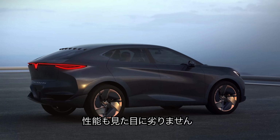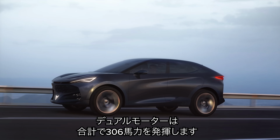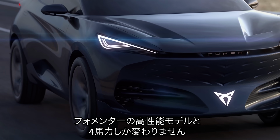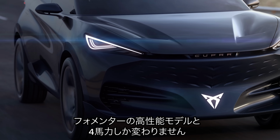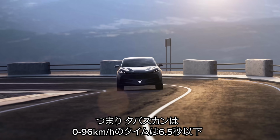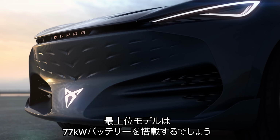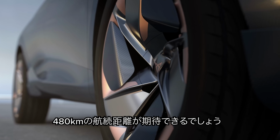Now, this new car should have the performance to match its looks, all thanks to dual electric motors making a total of 306 horsepower. That's only 4 horsepower less than you get in a top-spec petrol-powered Formentor. This means that the Tavascan should do 0 to 60 miles an hour in less than 6.5 seconds, and top specification cars are supposed to get a 77 kilowatt-hour battery, which will give them close to 300 miles of range